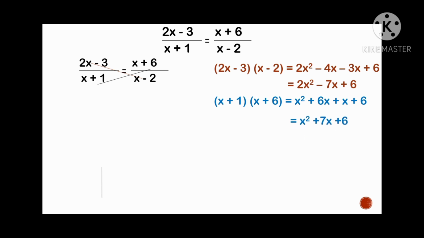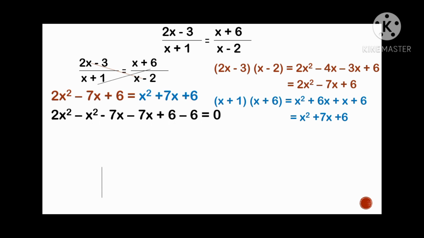Then combining the similar terms, we have now x squared plus 7x plus 6. So right now, the equation 2x squared minus 7x plus 6 is equal to x squared plus 7x plus 6. Then after that,